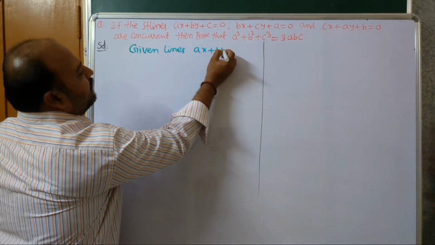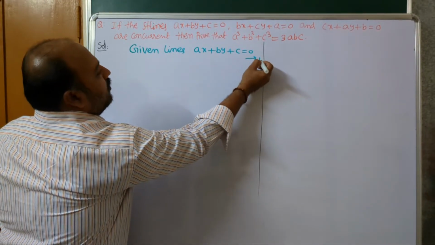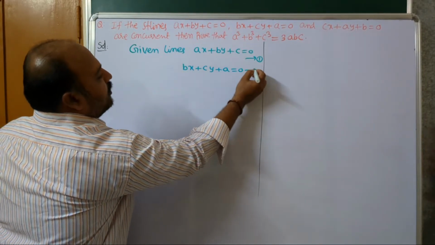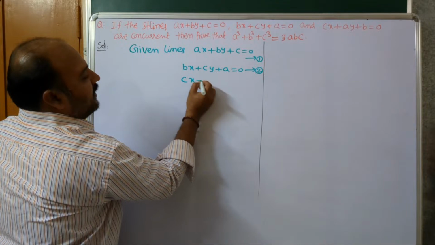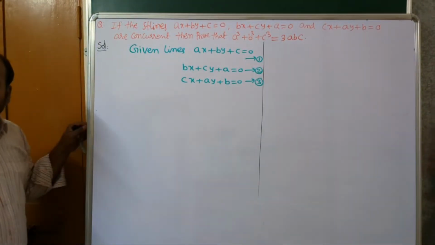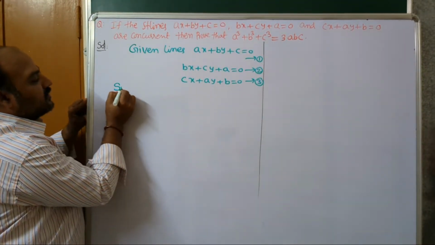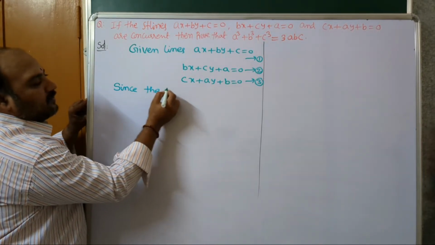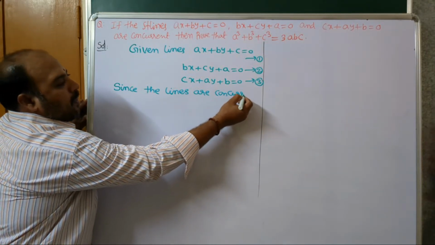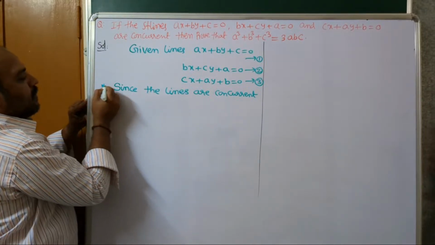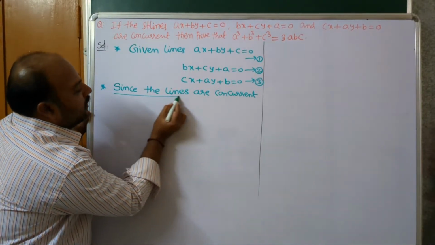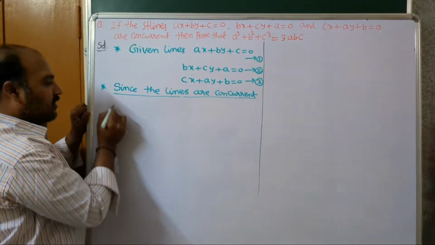ax plus by plus c equal to 0. Next, bx plus cy plus a equal to 0. Next, cx plus ay plus b equal to 0. After writing the given equations, since the lines are concurrent, whenever the lines are concurrent, you have to underline, you will get the good impression, dear students. Then we have